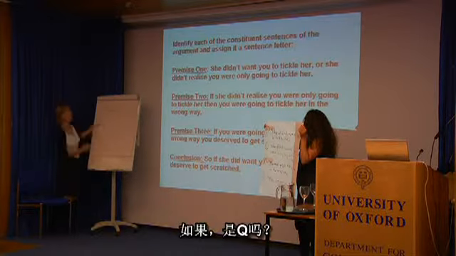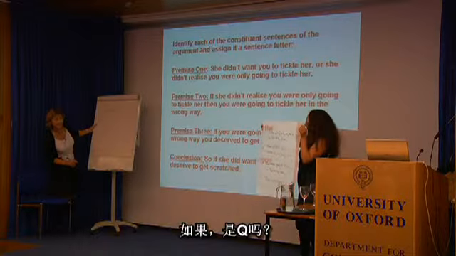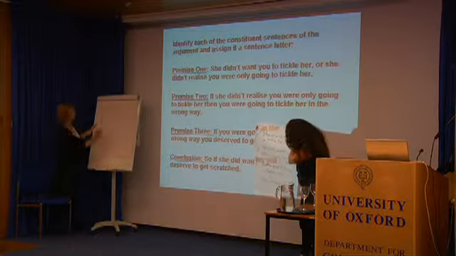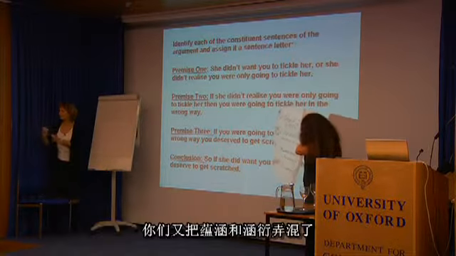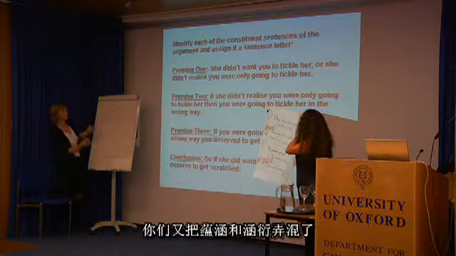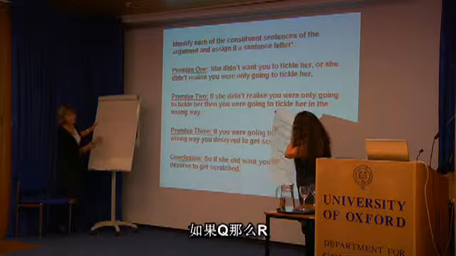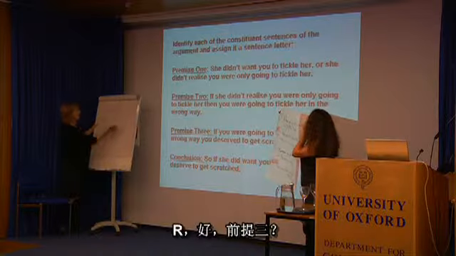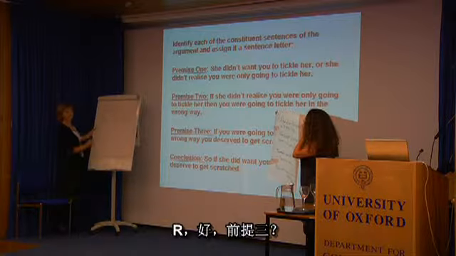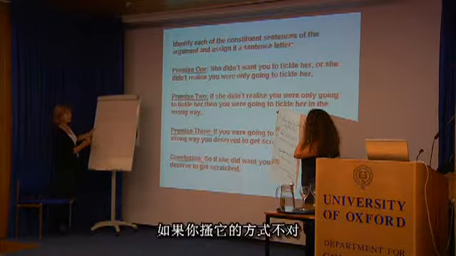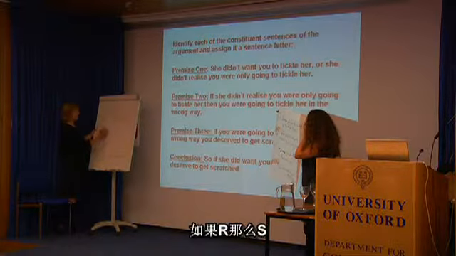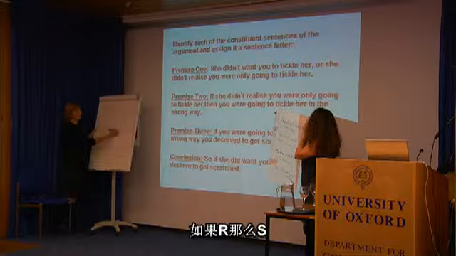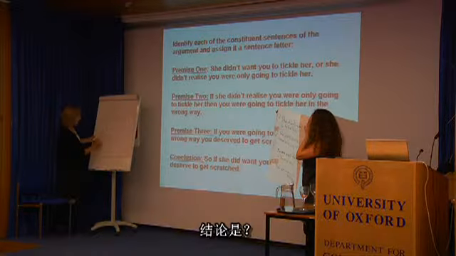So if, is it Q? She didn't realise. Okay, if Q, then, not therefore, you're confusing implication and entailment, whoever that was. If Q, then S, was it? R. Okay. Then the third premise, if you were going to tickle her in the wrong way, you deserve to get scratched. If R, then S. And the conclusion is